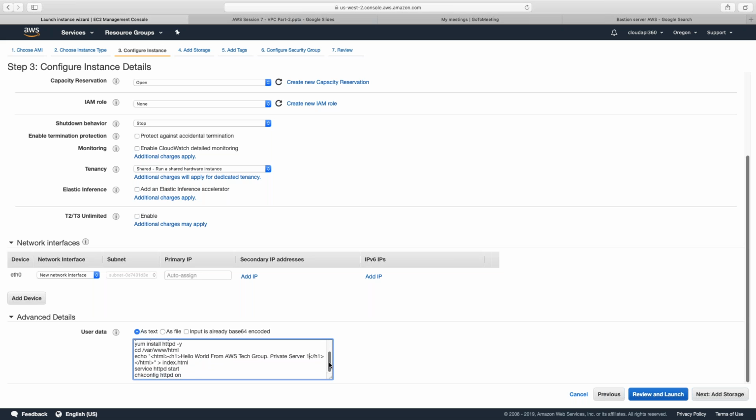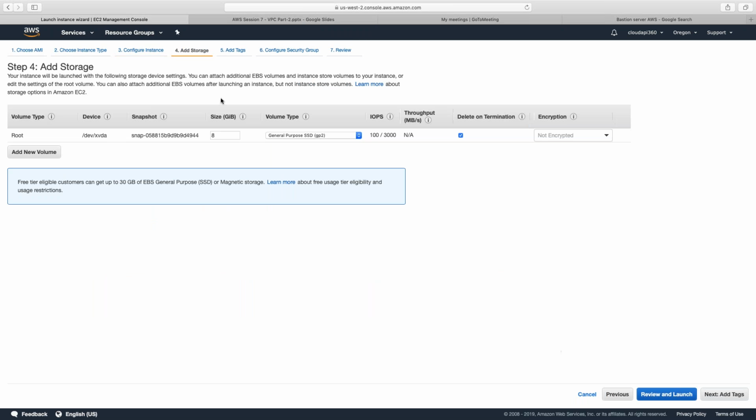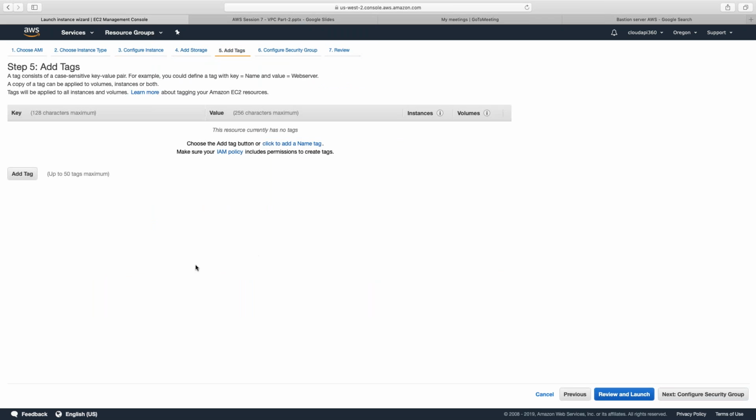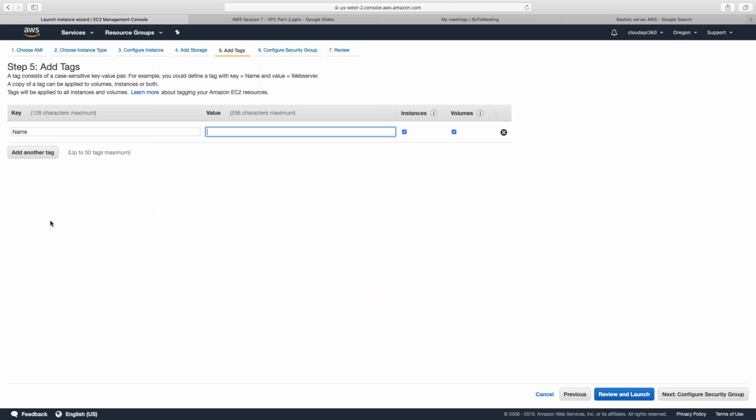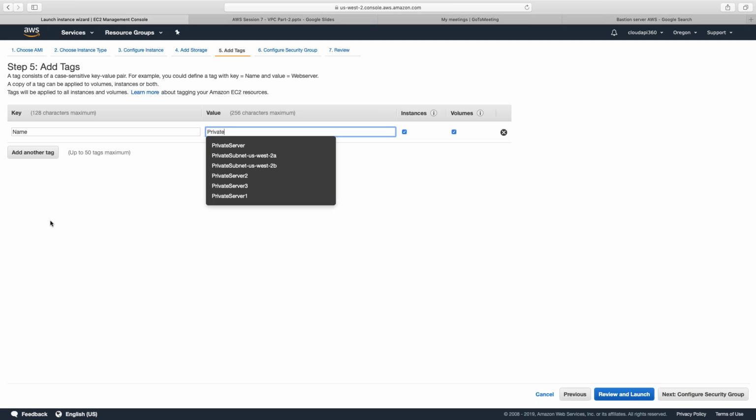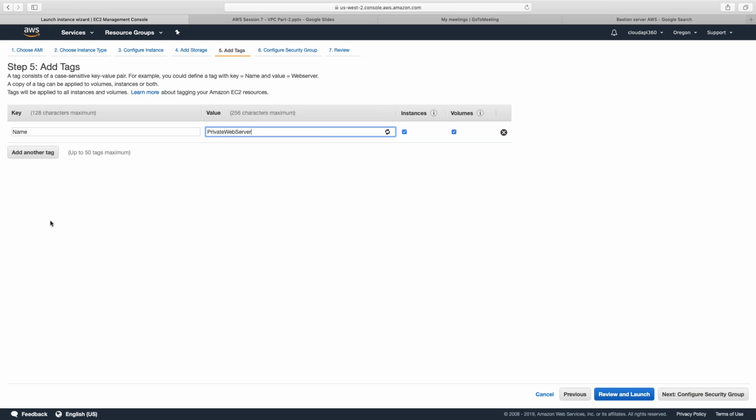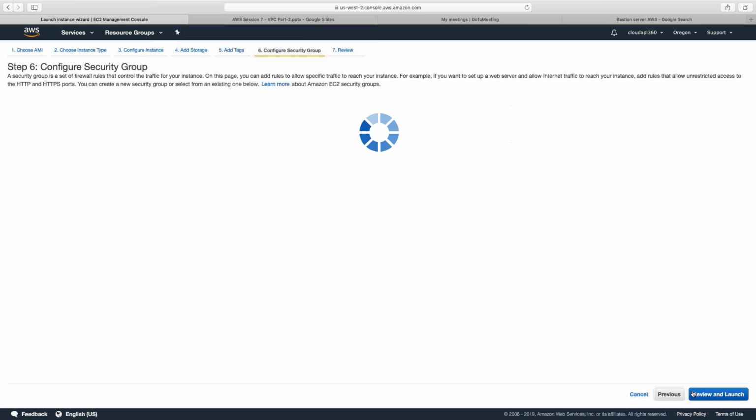But yeah, this is all SSH commands. You can put it. But what it is doing is it is downloading the Apache web server. Then I'm creating an HTML file under this particular path, where www and HTML. Then I am writing a text file and just indicating it is server one. And then I'm starting the web server, right? Then I will add a tag which will tell that it's private web server one,